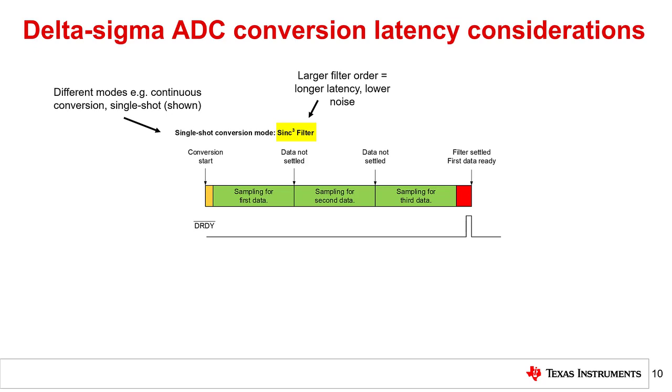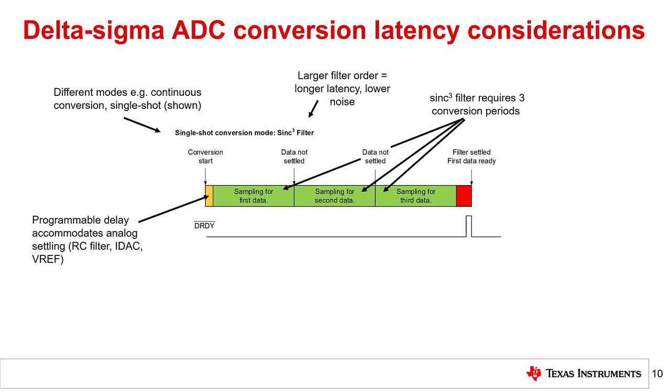Within the conversion latency time, there are three distinct zones. The first zone for this ADC is a programmable delay. This delay allows for external analog circuits to settle before the conversion process begins. This feature is useful for multi-RTD systems where the IDAC current is switched from one channel to the next.